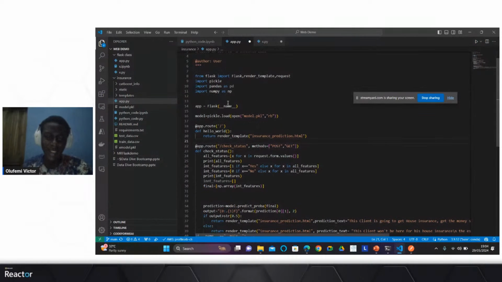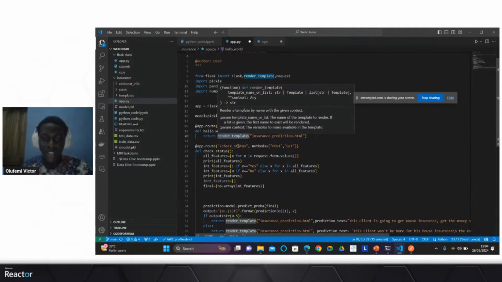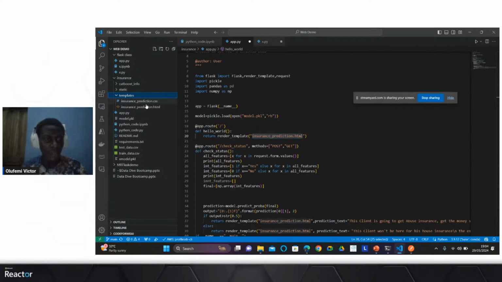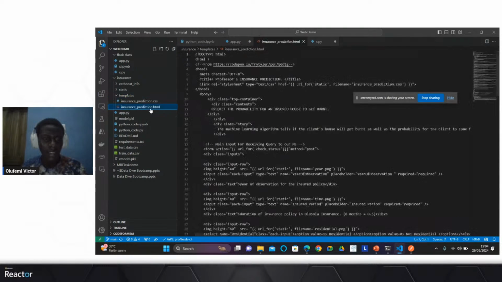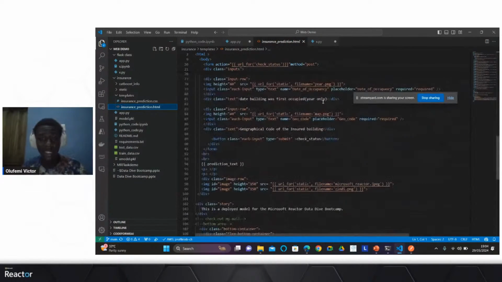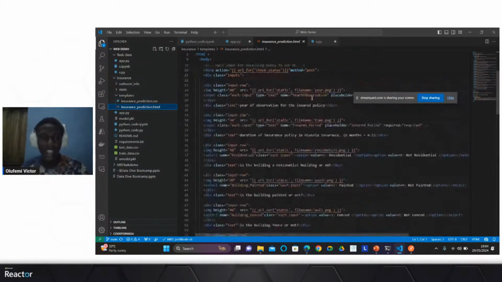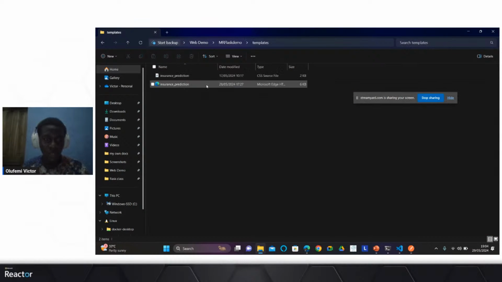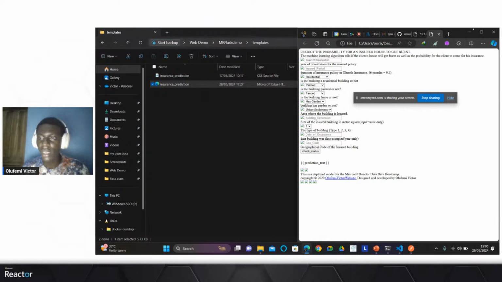So that's new, right? render_template is used to actually render the HTML code that you have, which I've already saved in my templates structure, which I'll show you shortly. I've saved it as insurance_prediction.html. Let me show you where it is. It's simply an HTML script, a form script that I've nicely written to have a nice front end. So let me show you. If you go to templates in the Flask demo that you already have, you can then go to insurance.